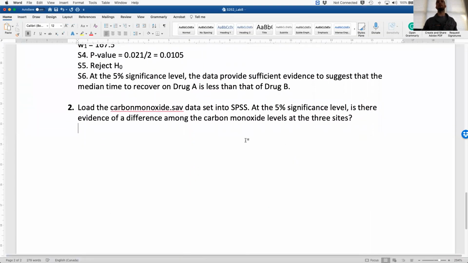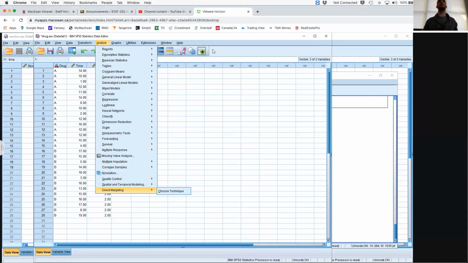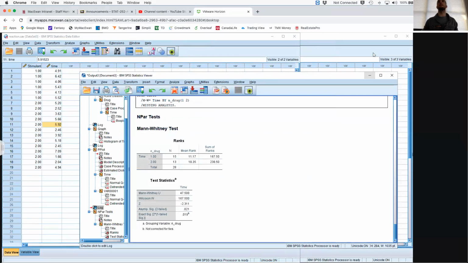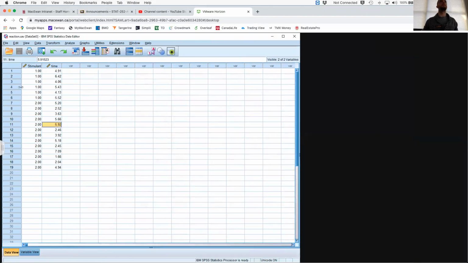Okay, so in example number 2, we're going to use the carbon monoxide data, and we want to determine if there's evidence of a difference among the carbon monoxide levels at the 3 different sites in the data. Okay, so if we load the carbon monoxide data into SPSS,